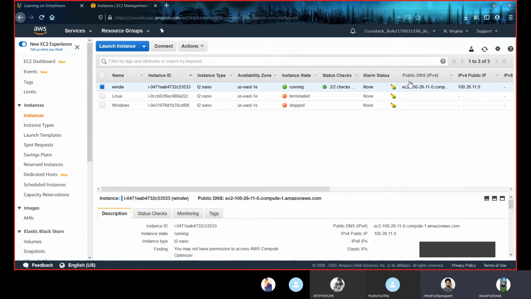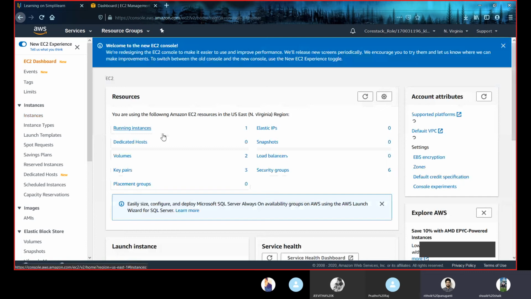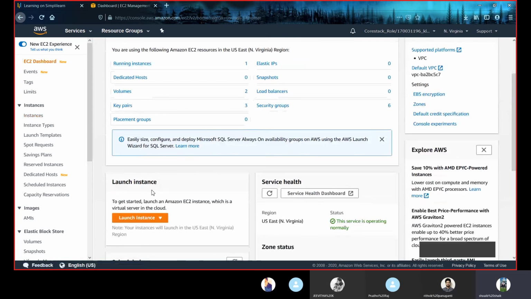So let me brief you again on how to connect to a Windows server. First, go to the EC2 dashboard, and launch an instance. While launching an instance, choose an AMI with the Windows template, as we are launching a Windows server. Then do not configure it. Leave every option as it is.